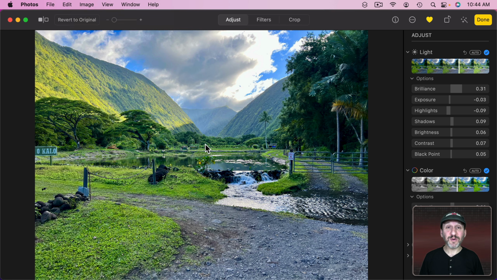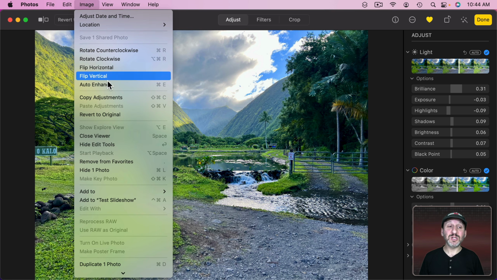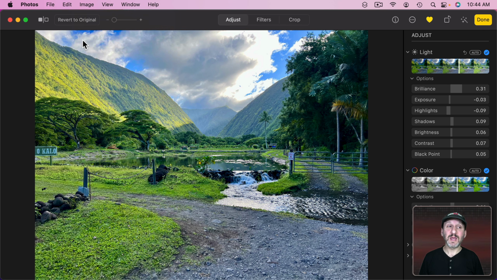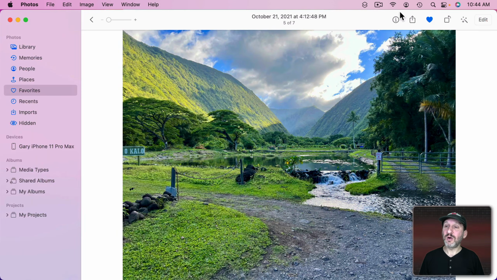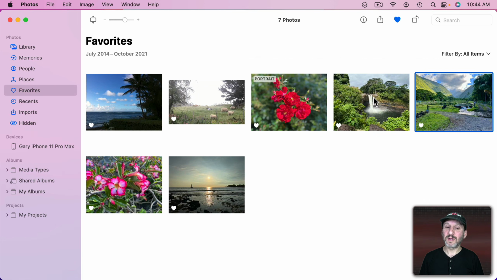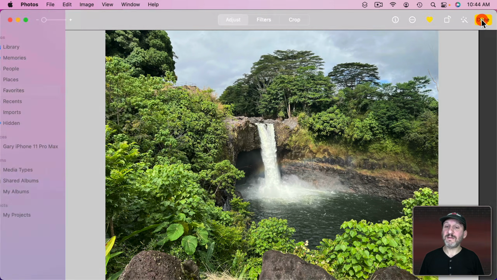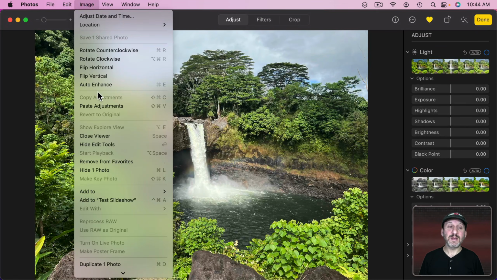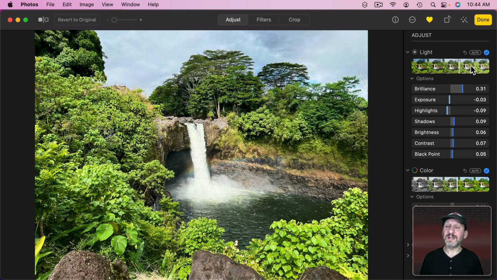And if you've taken a bunch of photos at the same location and you like how this looks, you can always go to Image and then Copy Adjustments. And then you can go to another photo and then edit that photo and go to Image and then Paste Adjustments to use exactly the same adjustments for